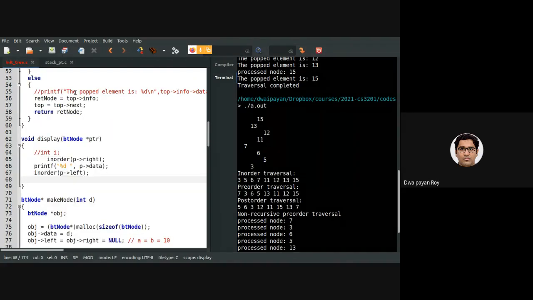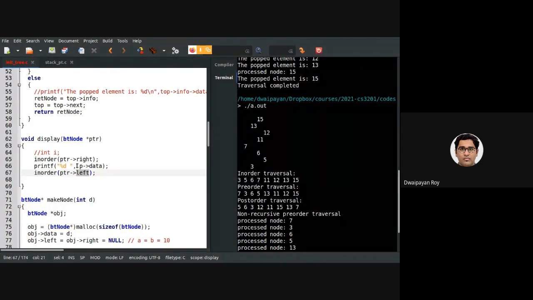As you can see, the in order traversal code was in order this and this. So what we need to do is change this to PTR and switch this. Basically, first we will be going in the, no, wait a second. Yeah, so we are going in the right direction.